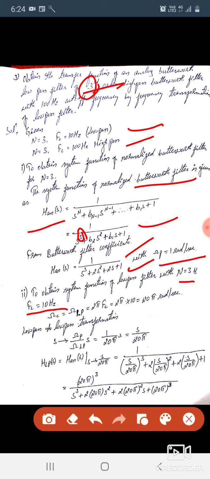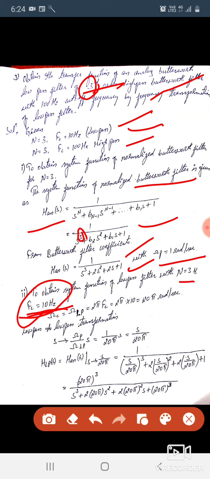Minimum cutoff frequency, I hope you know from your Bode plot and all, if you are drawing, your minimum you will be taking as 10, then 100, then 1000 as you go. Based on that, the first cutoff frequency is taken as 10 Hz. Here it is not given, but you have to take it as such for low pass. For that reason it's 10 Hz. I hope you understood how we took 10 Hz.